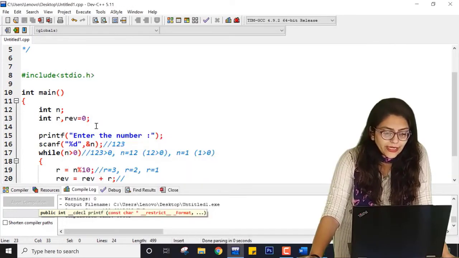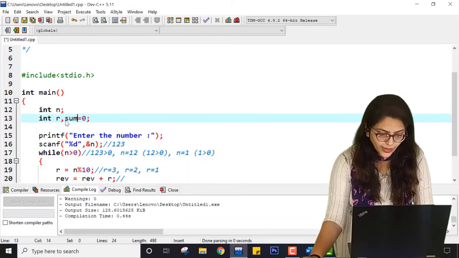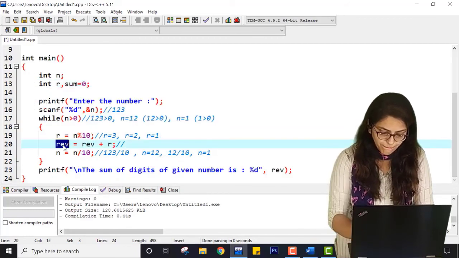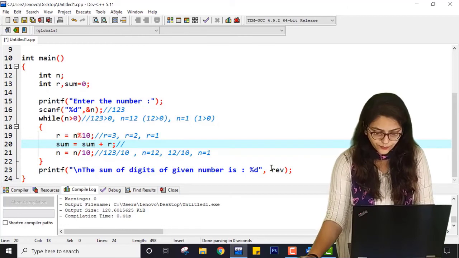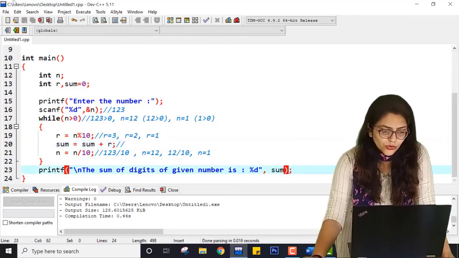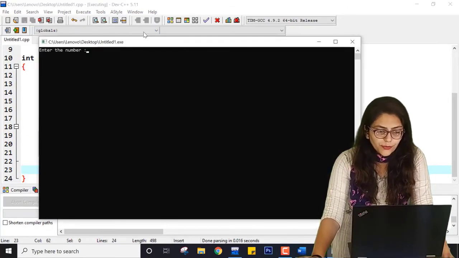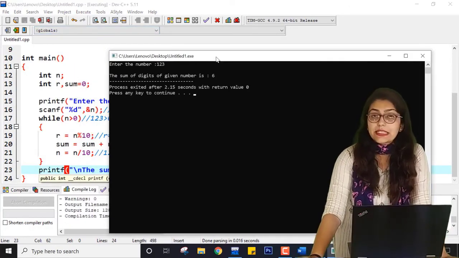For making it more convenient, you can use some variable here also, and here also, and here also. Now if you run this program again with 1, 2, 3, it is giving me 6.